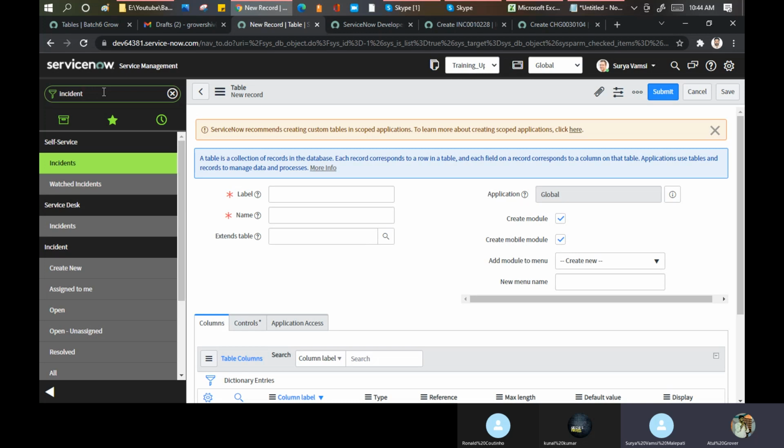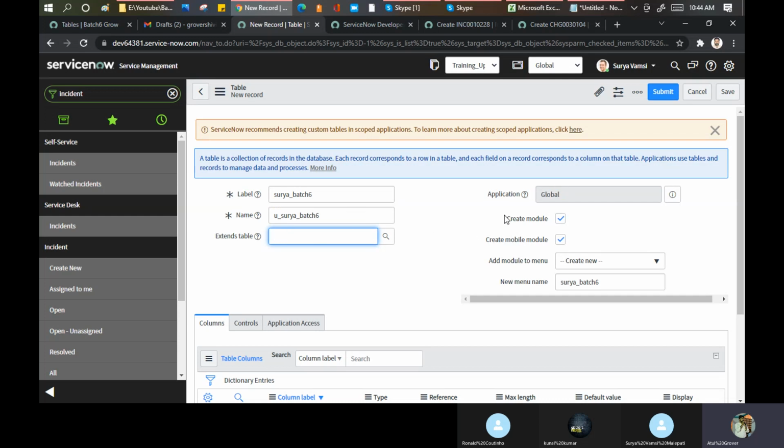Okay. So now you can see here, I have an incident as a table, and I have these many modules. Now what we are doing, we are creating our table here. Surya batch 6 is the name. Extend. Do you want to create this table on the basis of some previous table? Generally, practice says yes, extend from the task table or extend from the change table, which is extensible. If no, let's do one thing. I'm creating this table without extending this table now.